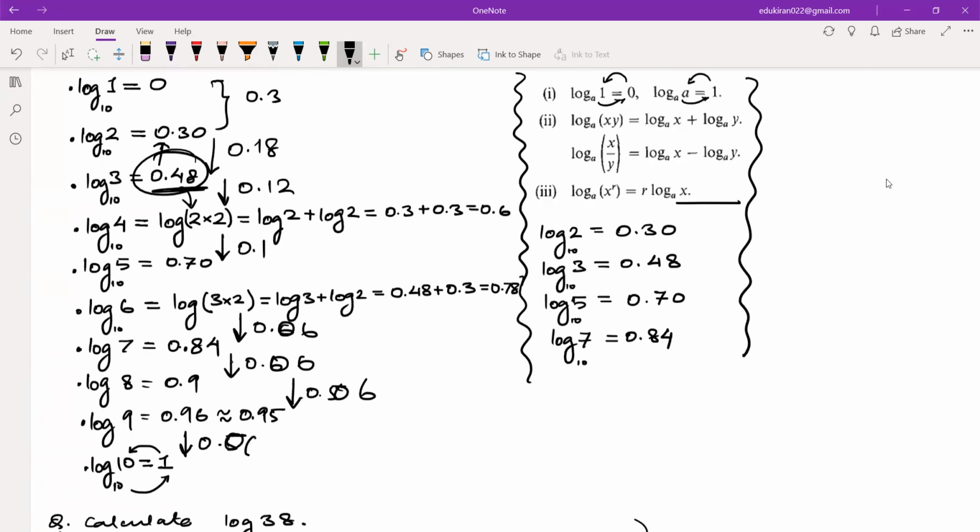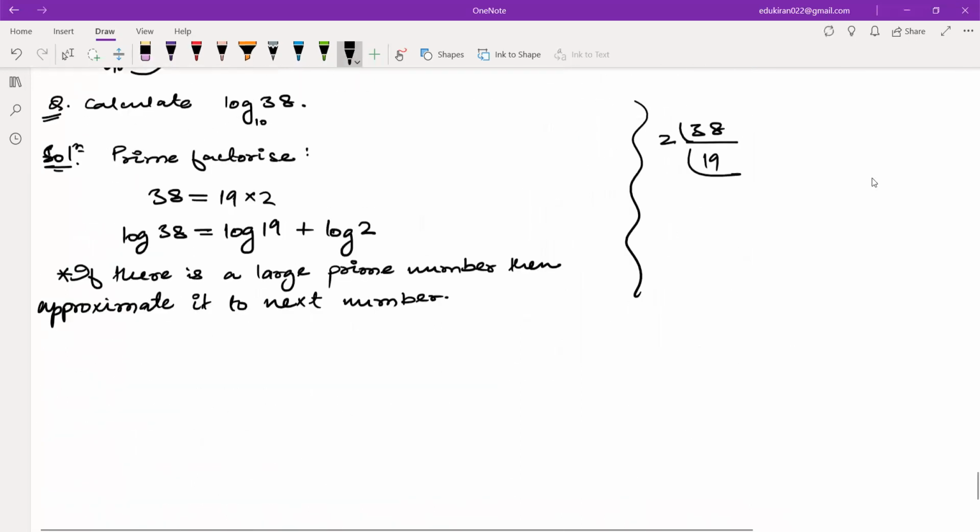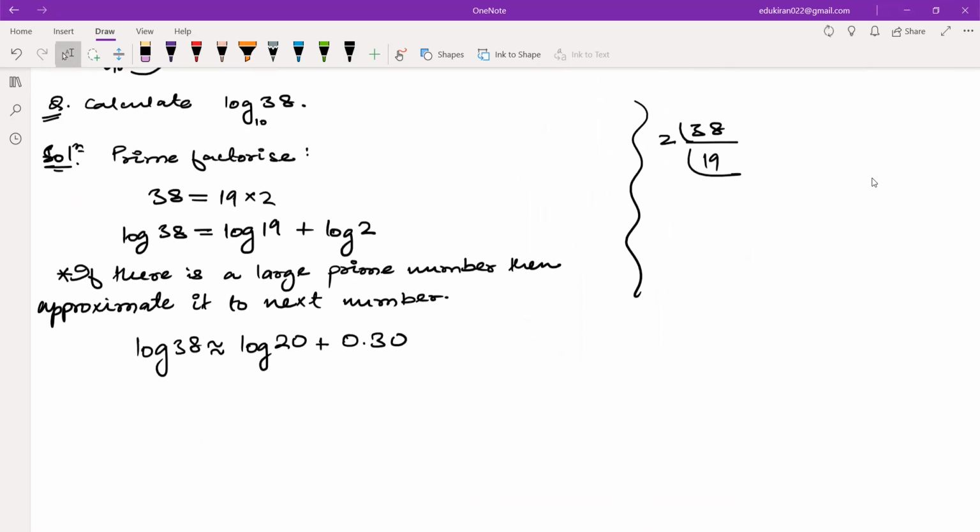So I was just making a case that whenever you have to approximate, you just approximate to the next number. So when you have 38, you will write log of 38 as approximately equal to log of 20 plus log of 2, which is how much? 0.30. Now we can directly approximate log 20. Log 20 is log of 2 into 10, yes or no? This will be equal to log of